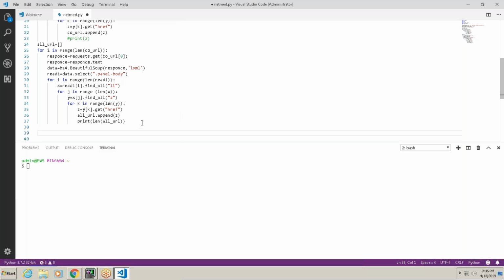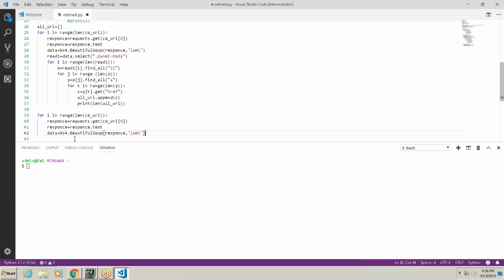So we need to do the same thing, and see, this part will be common. So let's just paste this code here, and this will be changed by all URL. Again, then